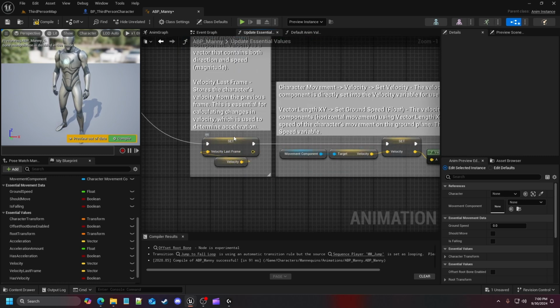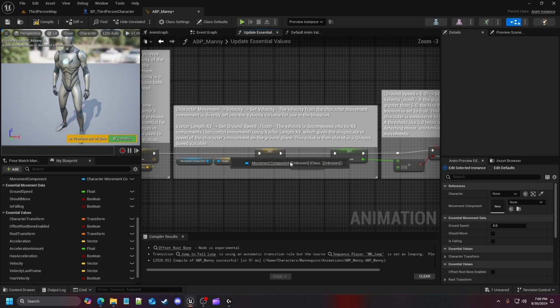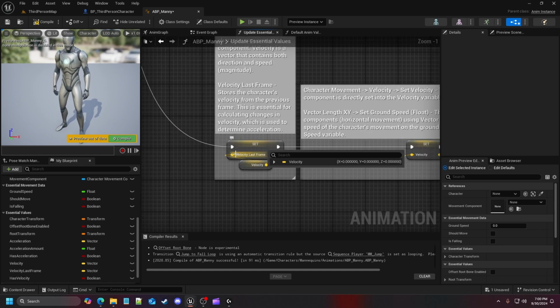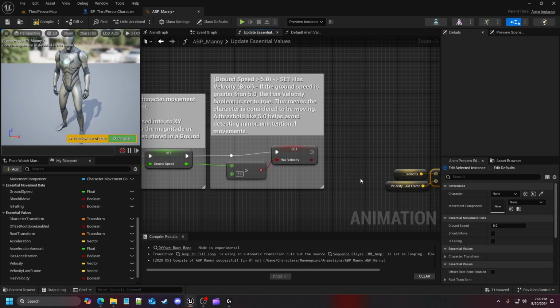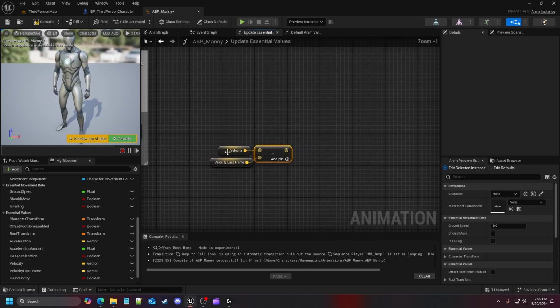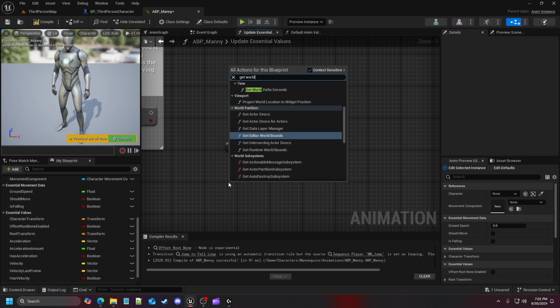So while this is at 0.0, this can then shift to a 1.0, but then has to loop around before this velocity last frame is set to 1.0, when this changes to a 2.0, and so on and so forth. So that's what we're doing here: if that velocity is at 2.0 and our last frame was set to 1.0 from our movement, then we have a 1.0 vector across the board. So off of here, what we've got to do is get the world delta seconds,